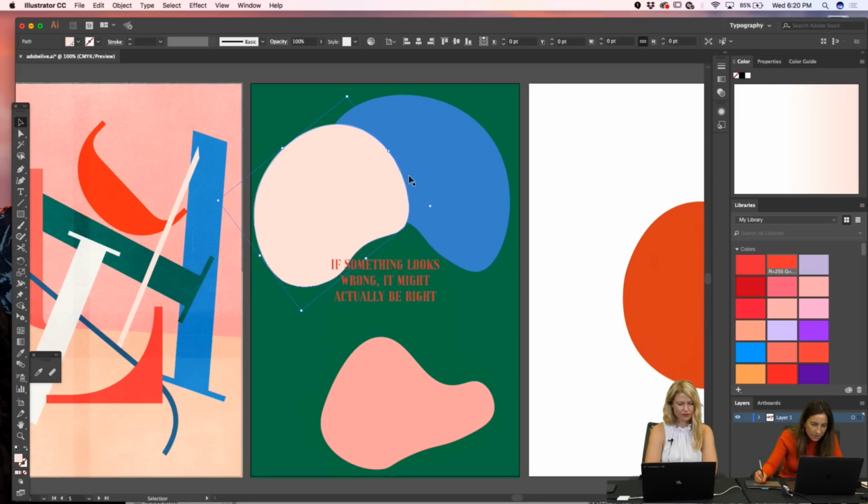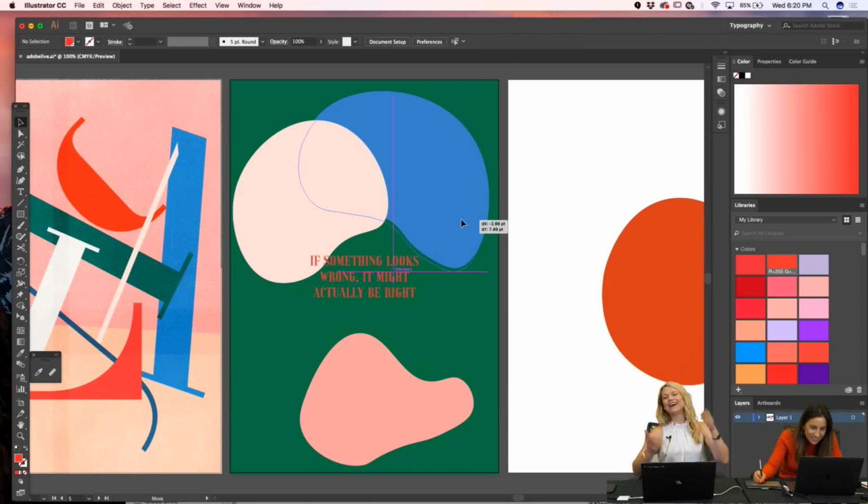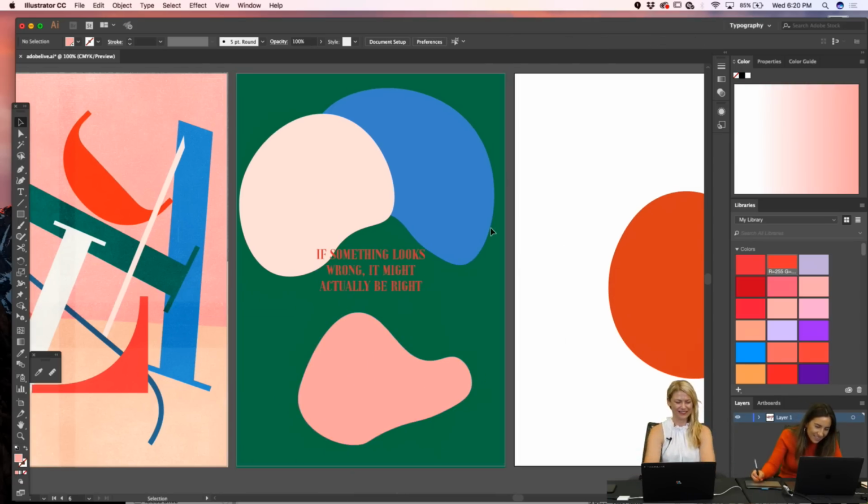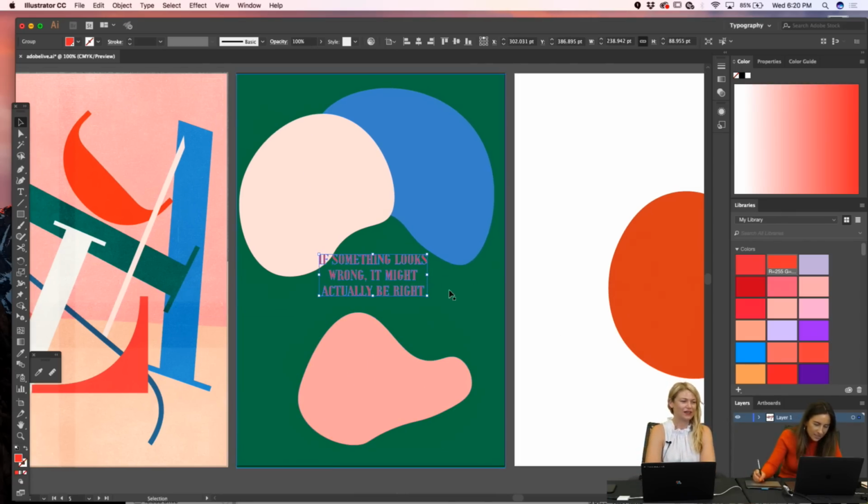Okay, I feel like we're getting somewhere now. I added purple. This is good. I just needed something purple going on. So this is a bit more